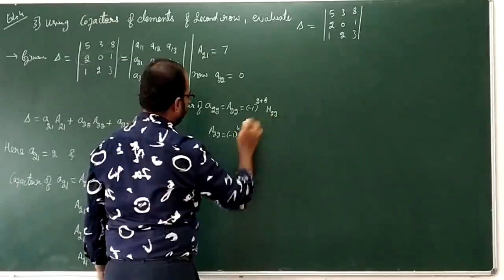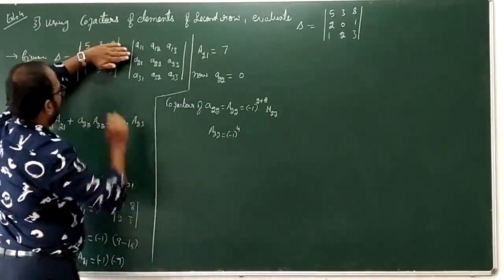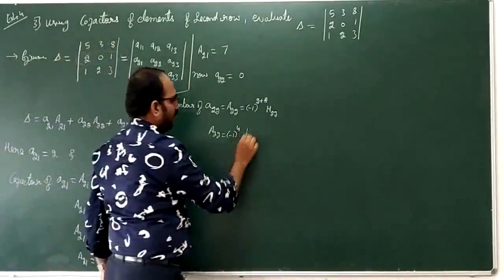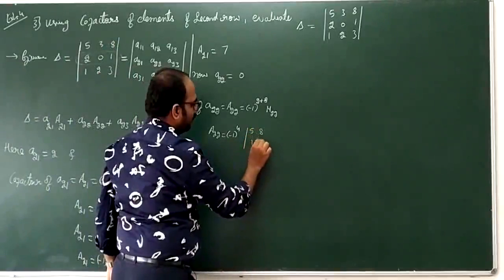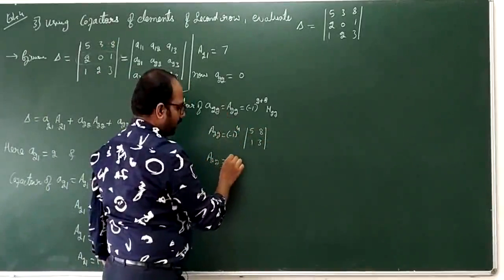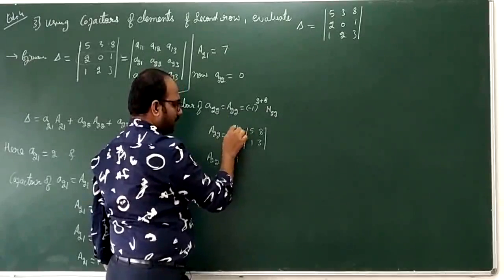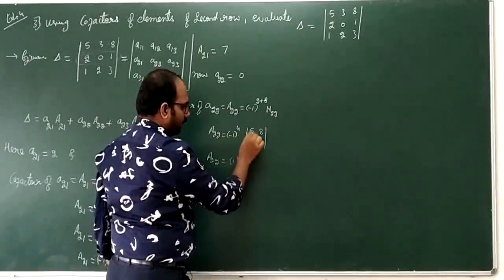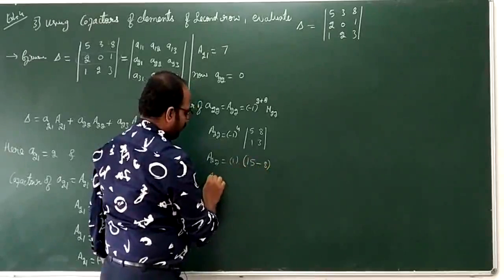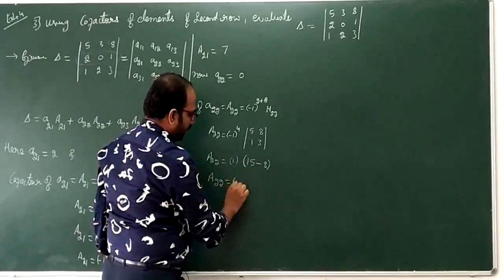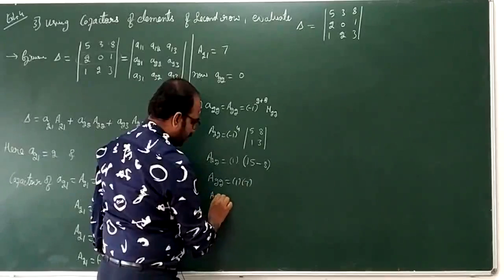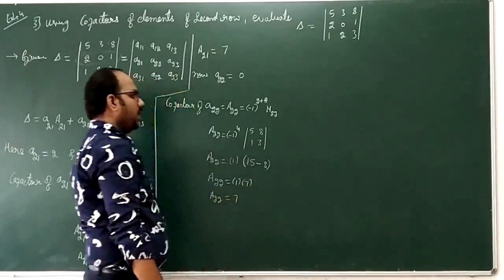If I am deleting the second row and second column, I am getting 5 8 1 3. Now A22 is equal to minus 1 to the power of 4, and the power is even, so the value is 1, into 5 3s are 15 minus 8 into 1 is 8. That is A22 is equal to 1 into 15 minus 8, 15 minus 8 is 7, so A22 is equal to 7. Now